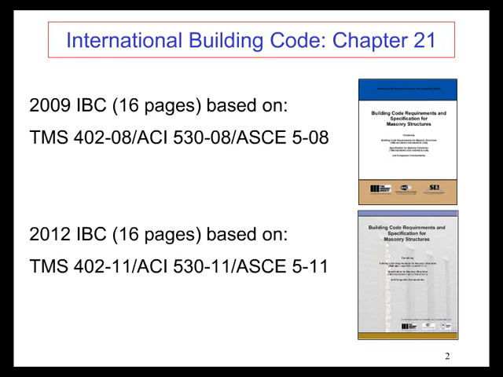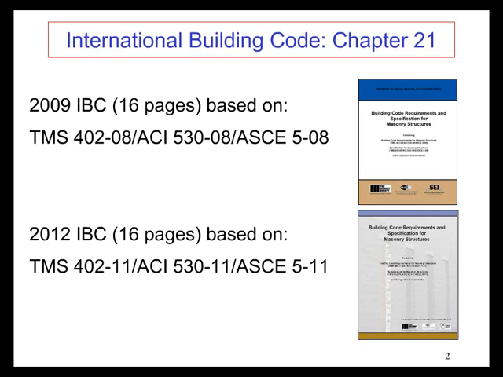Just to start out, we'll have a few slides here related to the International Building Code and how we get to the Masonry Code. So the 2009 IBC, International Building Code, was based on the 2008 edition of the Masonry Code. It goes by a variety of names: the MSJC, the Masonry Standards Joint Committee, which develops the code. It's a joint code between TMS, the Masonry Society, ACI, American Concrete Institute, or ACI International, and the American Society of